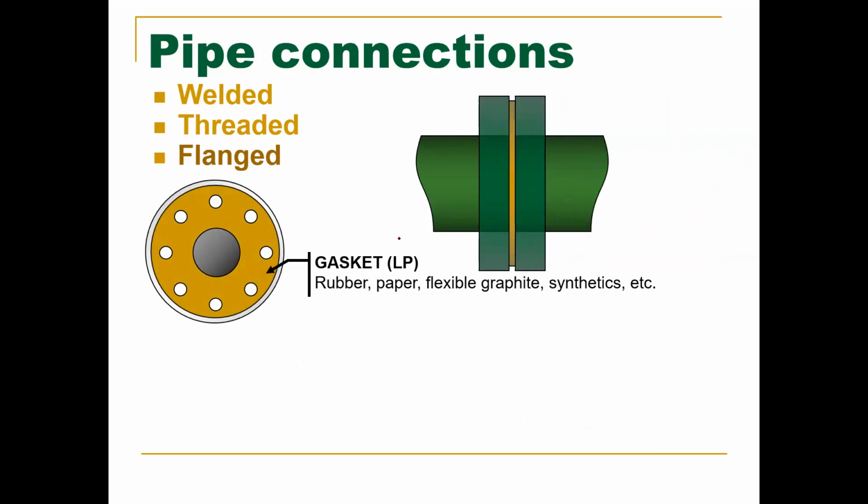So we can use gaskets to seal between them. Rubber, paper, flexible graphite, synthetics. If you see this right here, that means low pressure. So this is for low pressure applications. Now, that gasket material goes in between,